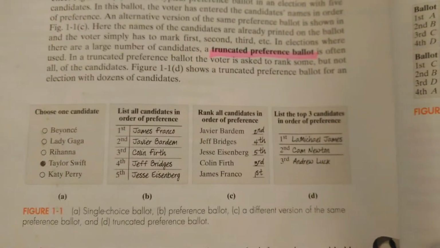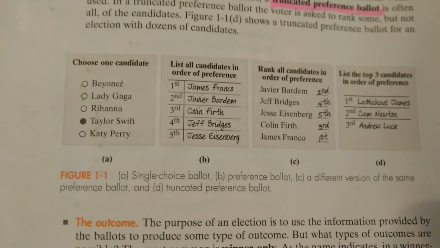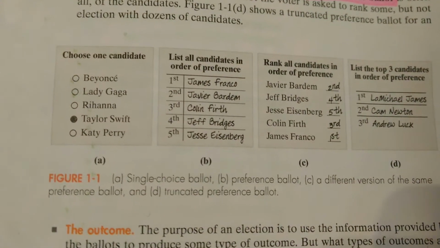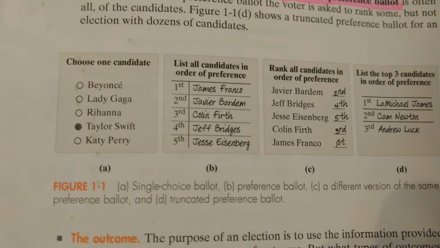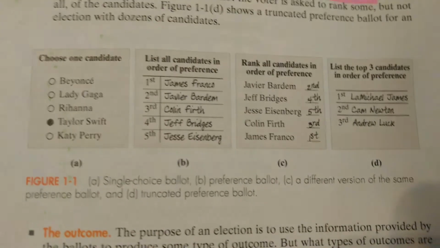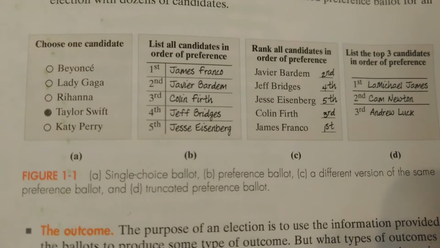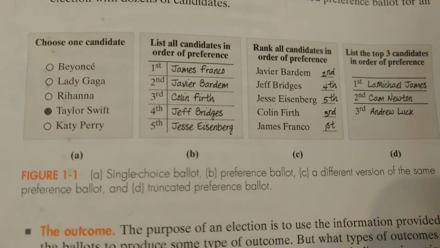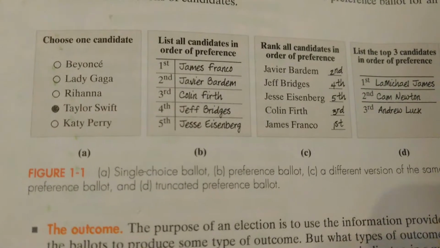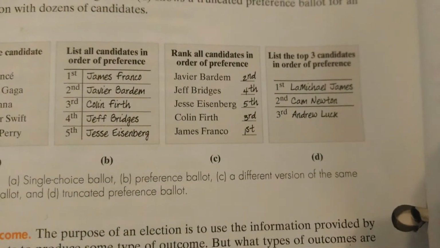If you look at this example here, letter A is the example of a winner only. In terms of this, you only choose 1 candidate, that's it. In letter B, that is a partial ranking, where you are ranking the individuals from 1st to 5th. And in the last 2, these are different types of